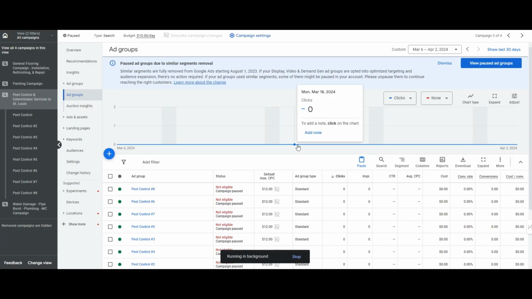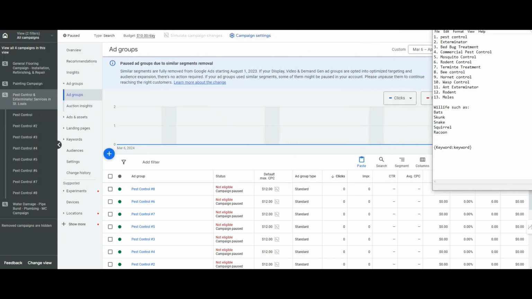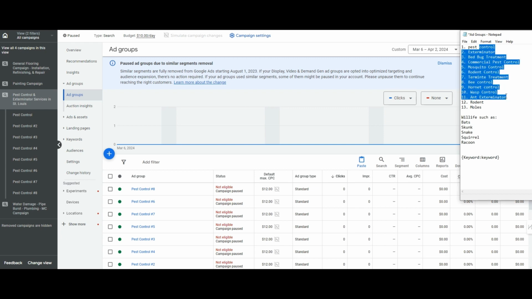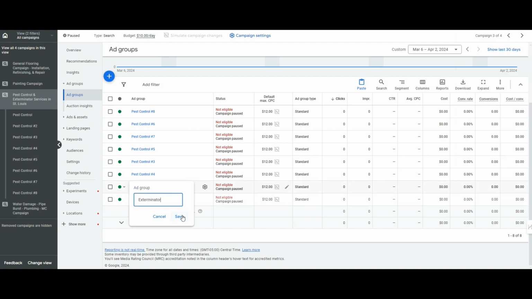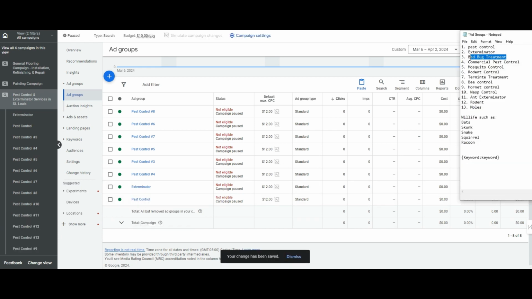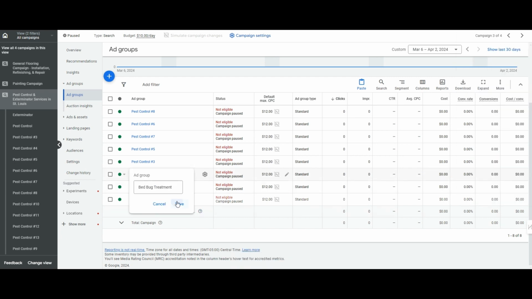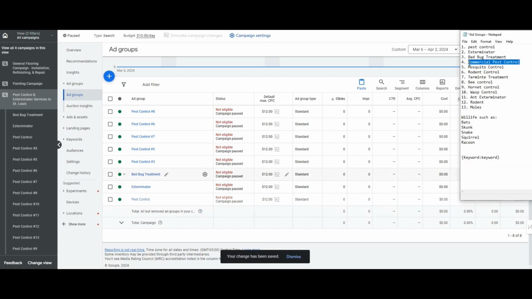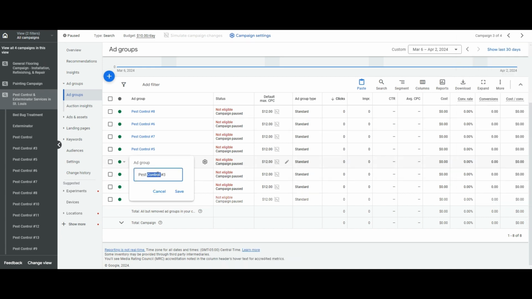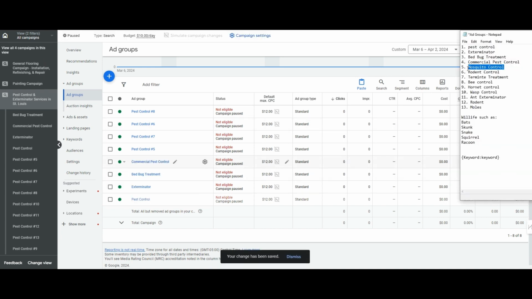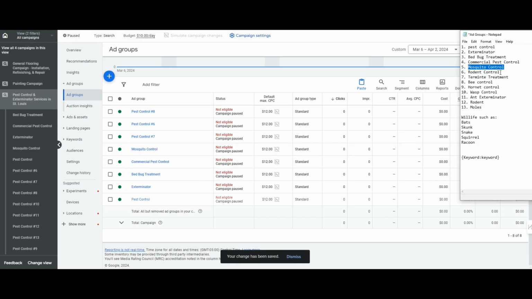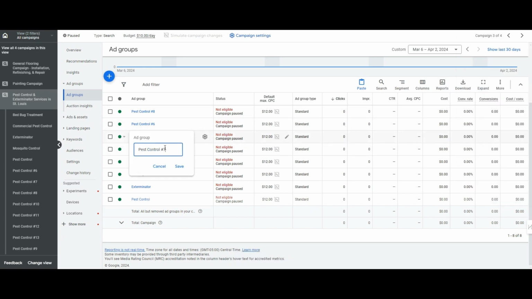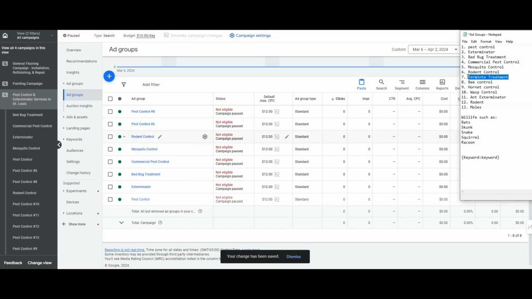All right, guys, so while that final ad group is pasting in the background, we're going to look at our ad groups here and start switching them. So our first one is going to be Exterminator. So we're going to go Exterminator here, change the name. Our third one is going to be bed bug treatment. So we're going to do bed bug treatment here. We've got a commercial pest control here. So copy, paste. And if you guys are wondering how I'm copying this without right-clicking, it's Control-C to copy and then Control-V to paste. So we got rodent control, termite treatment,